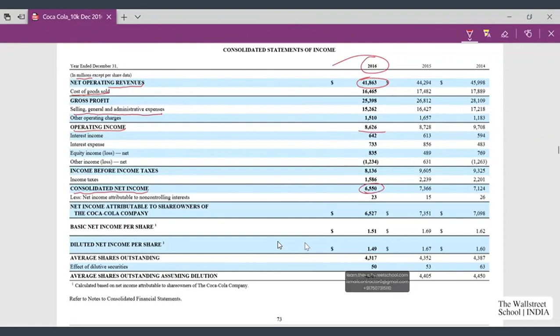Friends, you have to pick total net income, not the one which is after minority interest, not the 6527, because minority interest will be separately adjusted in our Excel template. So the total net income of the company before the share of the minority interest is 6550.